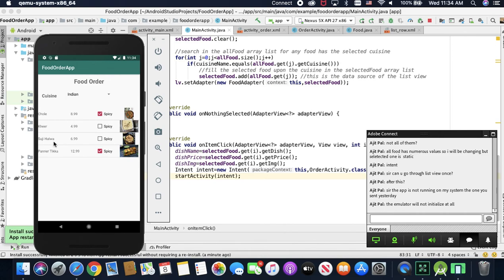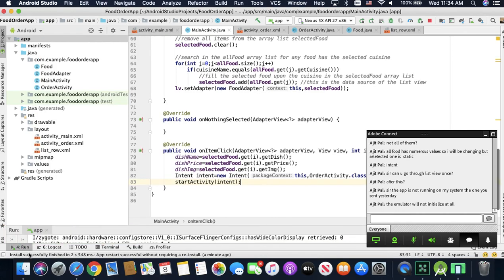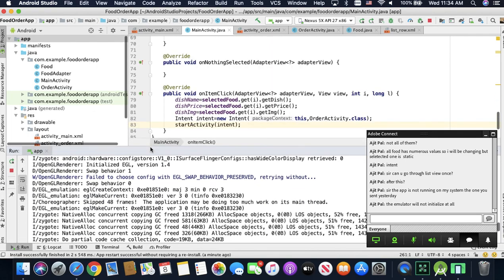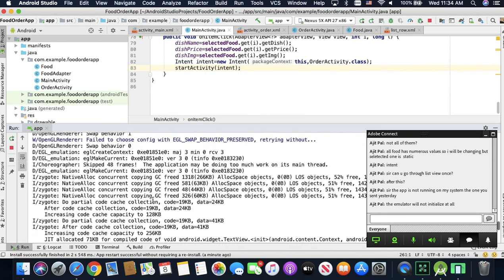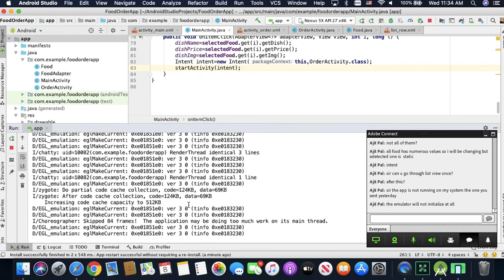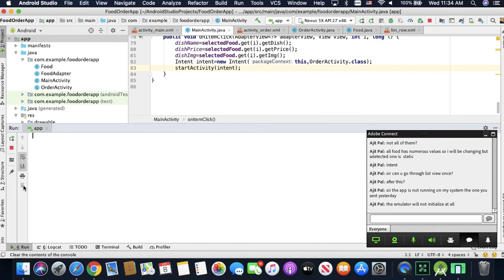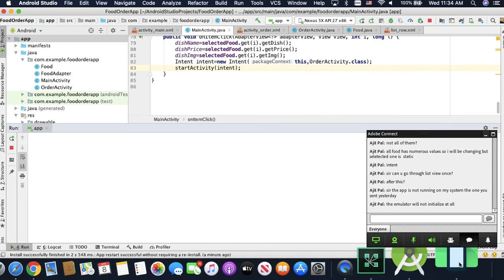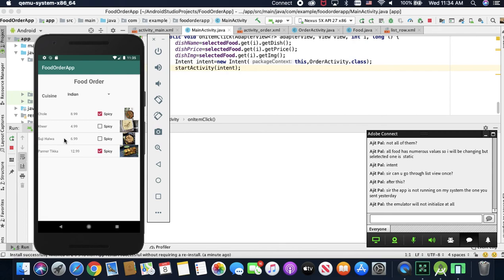Let me see what I find in the run here. Is there anything wrong? When we click,